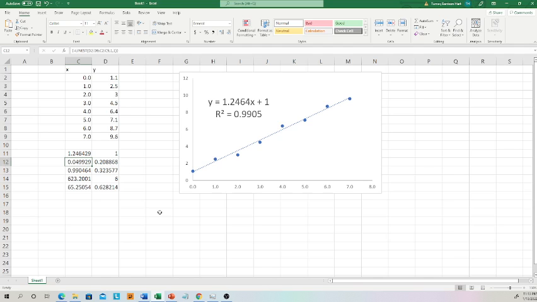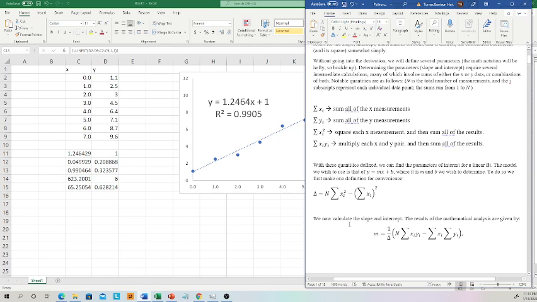So what we're going to do in Python today is write a routine that actually allows us to do this. We'll calculate the slope, the intercept, the errors, and the r-squared value. Now, before we go further,